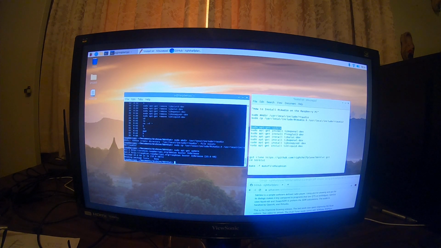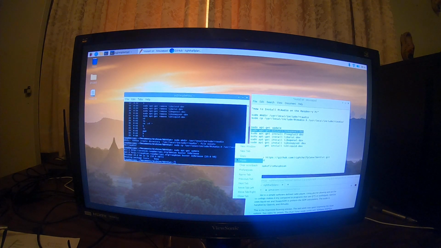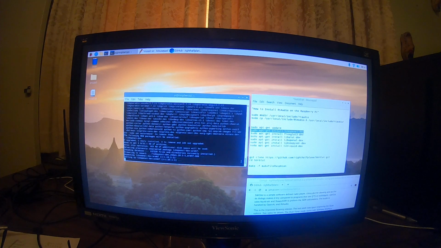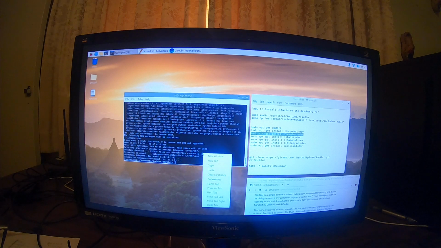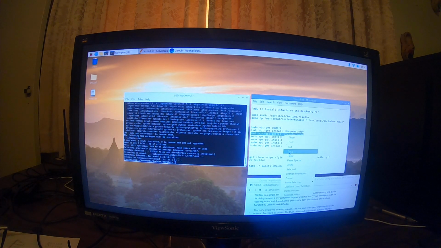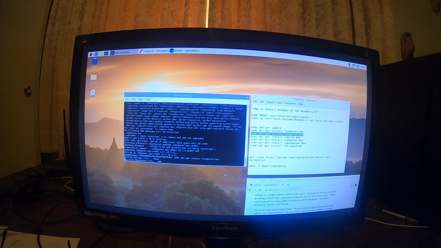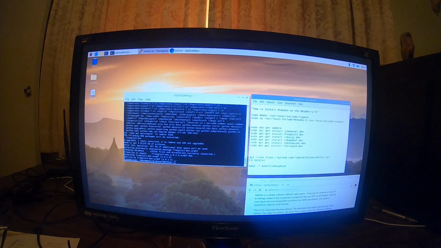You install the OpenAL, libopenal, and then you install freeglut3-dev. And then libalut,